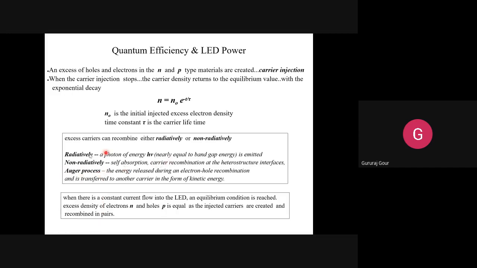So now we understood clearly why we are categorizing the carriers falling from top to bottom layers as radiative and non-radiative, and that we prefer the non-radiative ones by keeping the band gap energy small. These are the two ways by which the carriers take part in the recombination process. Now we are still in the initial stage. Just the carriers have been injected.